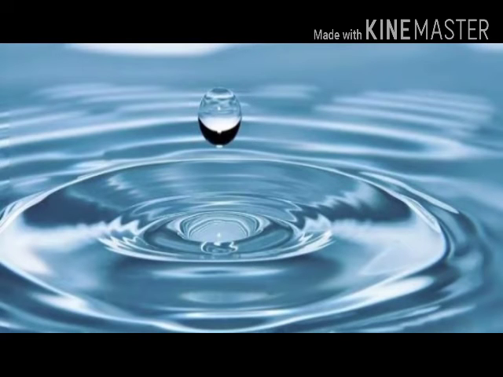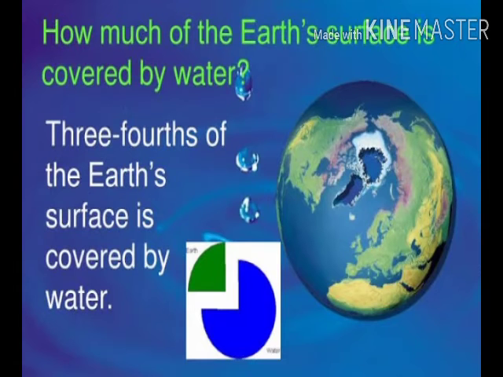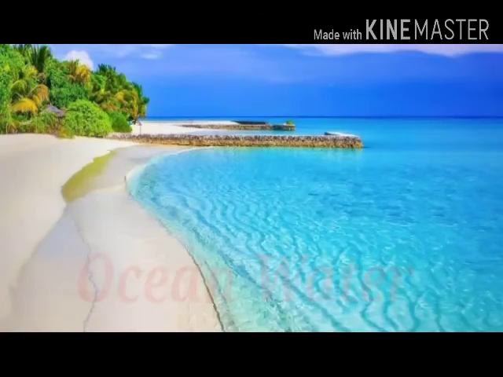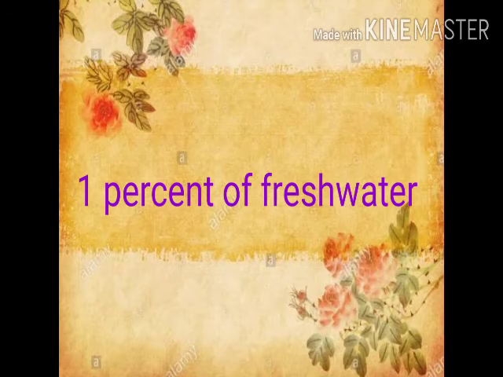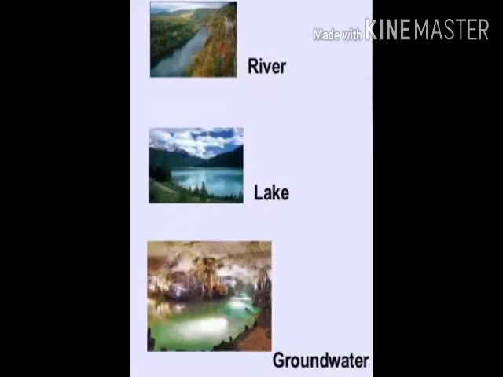Water is a vital renewable natural resource. Three-fourths of the Earth's surface is covered with water. Therefore, it is called the water planet. Ocean water is saline and not fit for human consumption, whereas fresh water accounts for only 2.7% of the water available. Only 1% of this fresh water is available and fit for human use and is found as groundwater, rivers, lakes,